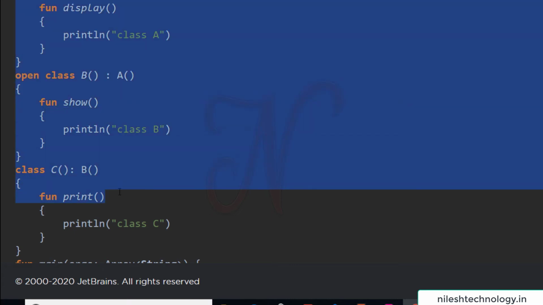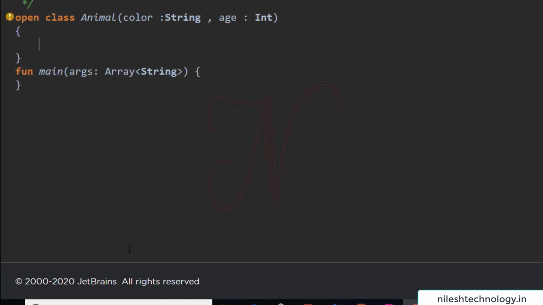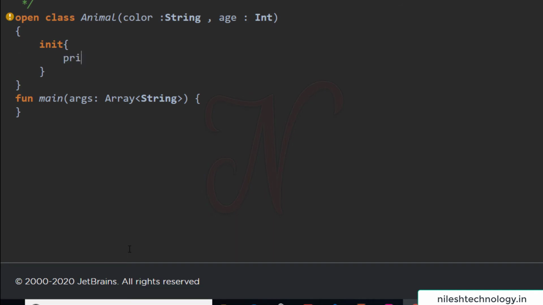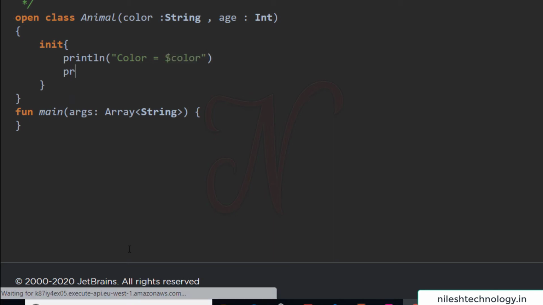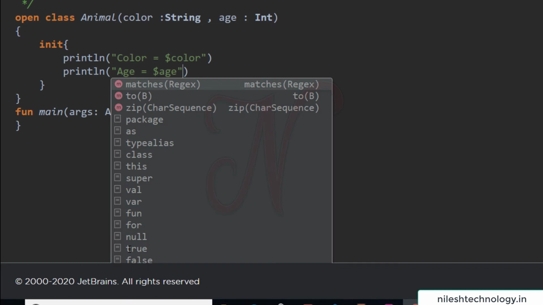Let's see another example using a constructor. Here we remove this code. Create one class Animal, and here there are parameters: color String, comma, age Int. Here there is one init block which is like a constructor, and here we print color equal to $color, and one more print statement, age is equal to $age.